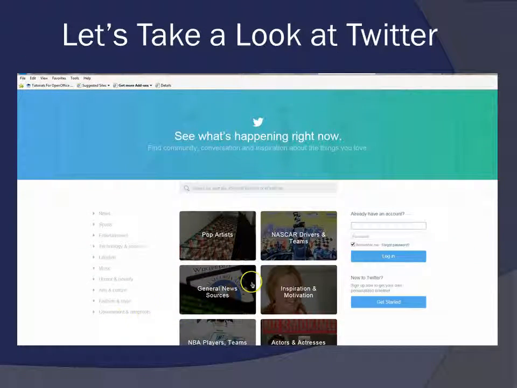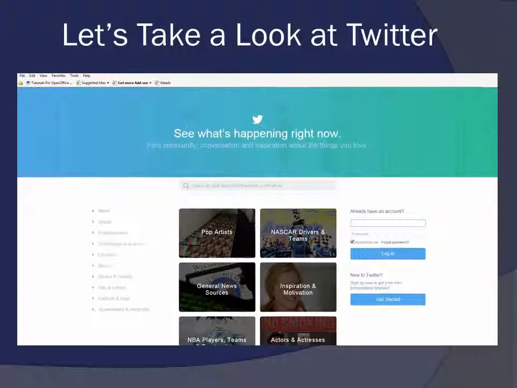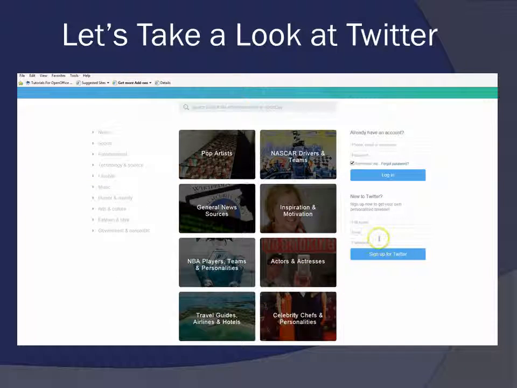Okay, so now we are going to take a look at Twitter, and we are actually going to get ourselves logged in. If you don't have an account, then you would go to Get Started, and here's where you can put your name, any kind of email that you have associated with you, and a password that you'd like to use. I do have a Twitter account, so I'm going to go ahead and log in to my Twitter account.